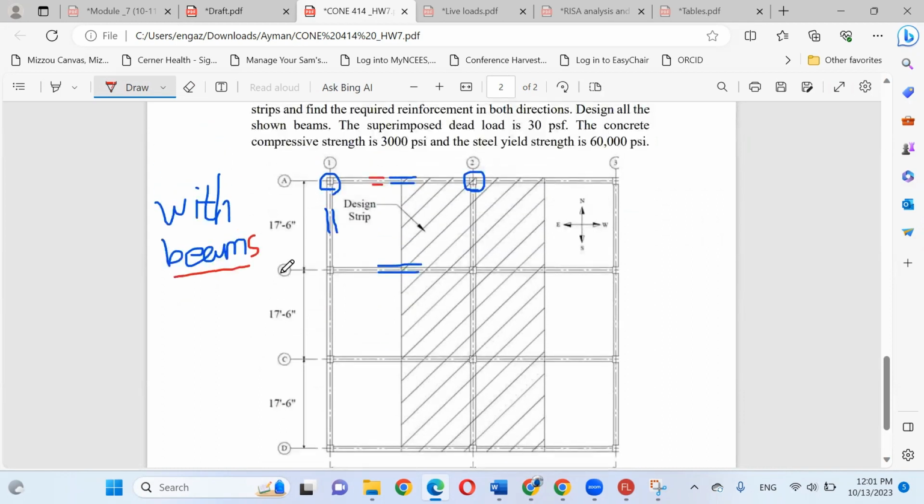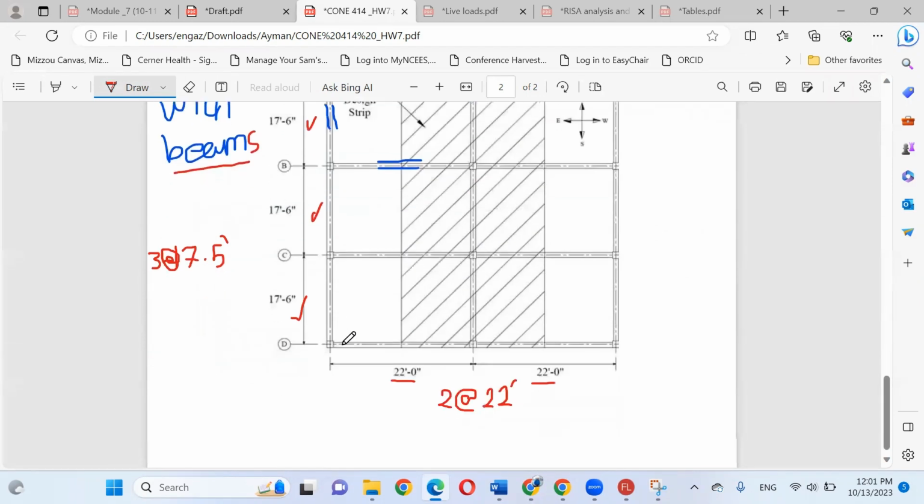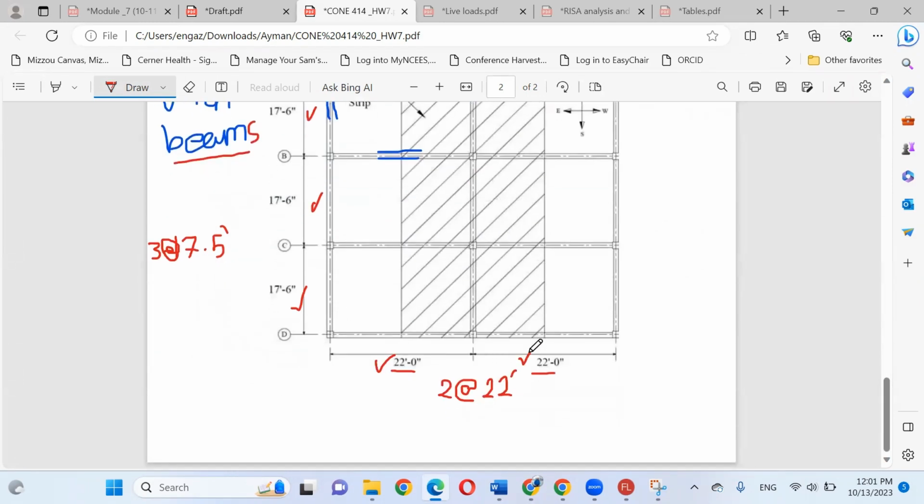And this direction, which is the vertical direction, is 17.5 feet. We have 3 spacings of 17.5 feet. 1, 2, 3. But this one is 1 and 2.